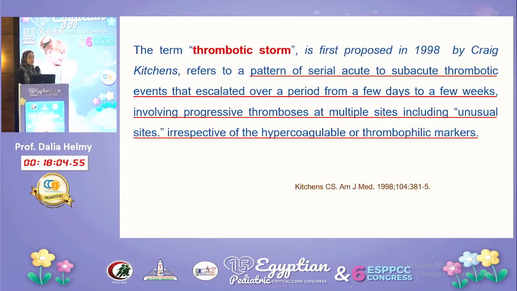So I will start with the term thrombotic storm. It was first proposed in 1998 by Kitchens, and refers to a pattern of serial acute to subacute thrombotic events that escalated over a very rapid period, ranging from a few days to a few weeks, involving progressive thrombosis at multiple sites and preferentially unusual sites like the hepatic vein and portal vein, irrespective of the hypercoagulable and thrombophilic markers, because it has